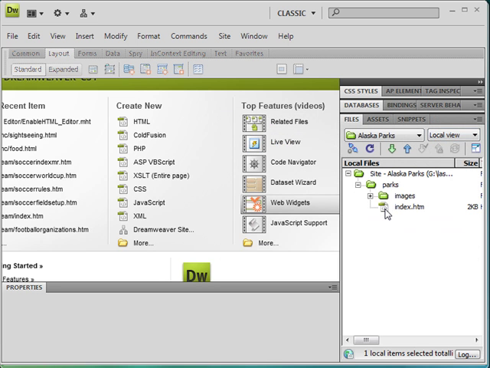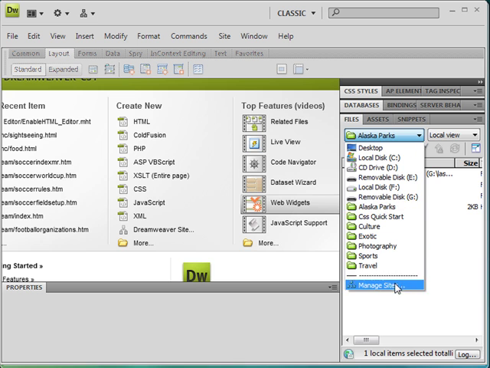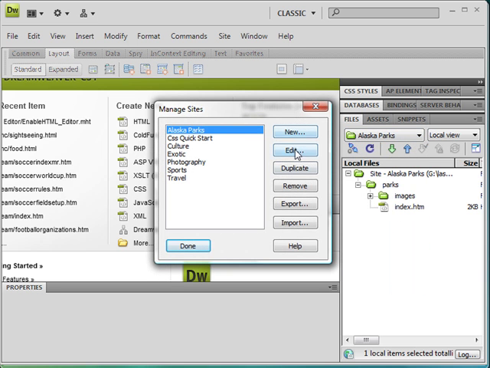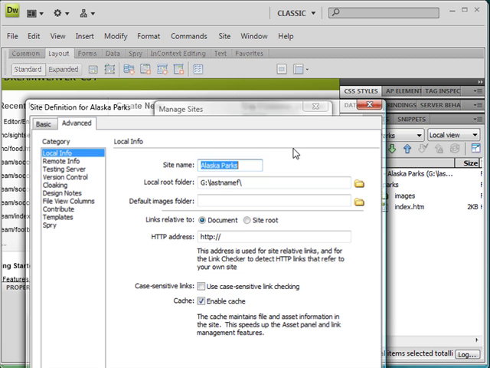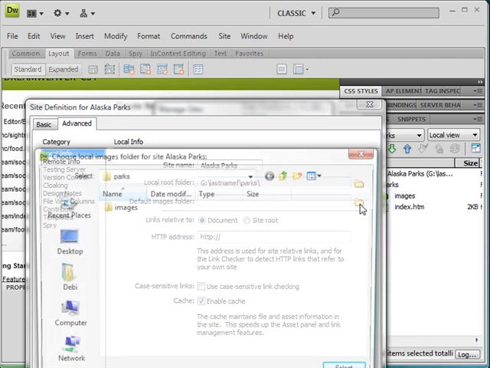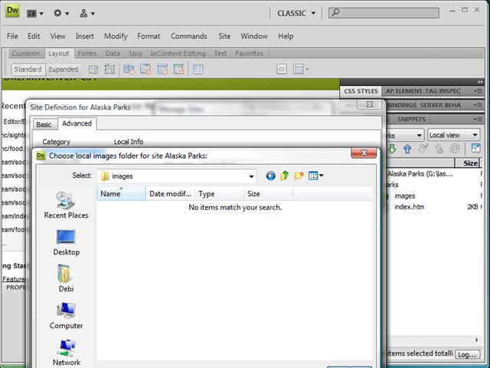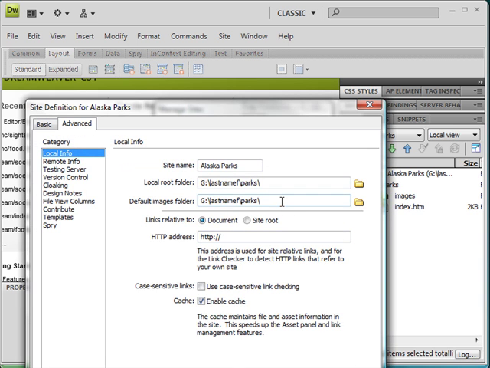Now what I want to do is go back and redefine my site. I'm going to click the drop down arrow, manage sites, edit. Now I want this to have Parks at the end of it. And my images folder, I'm going to have to type that in, images / or